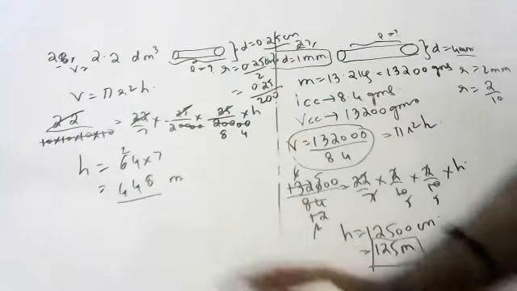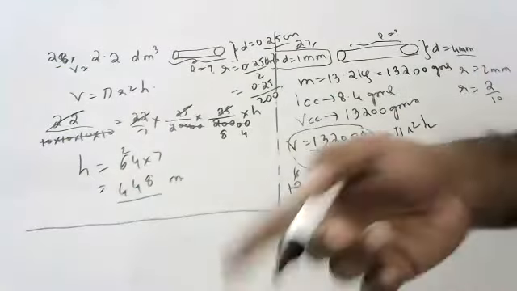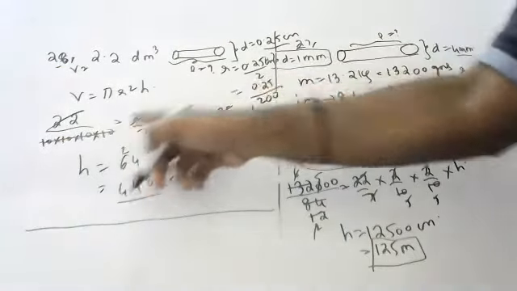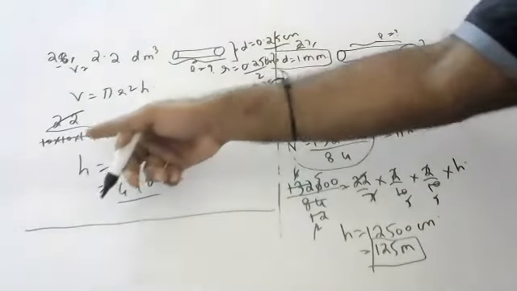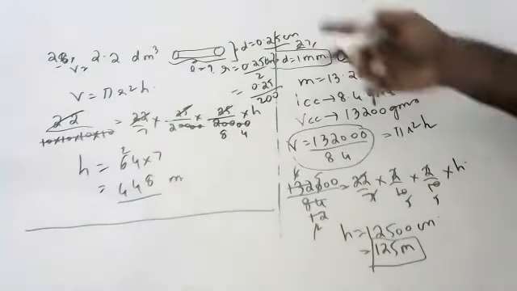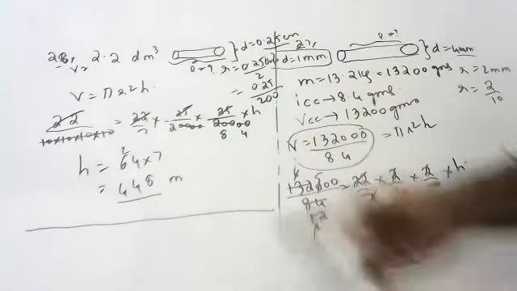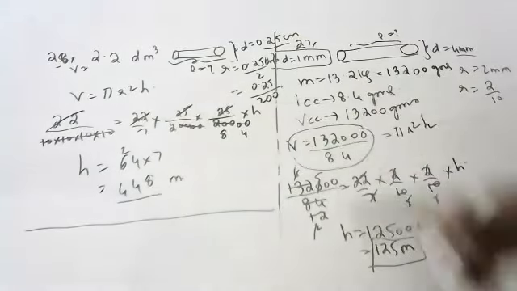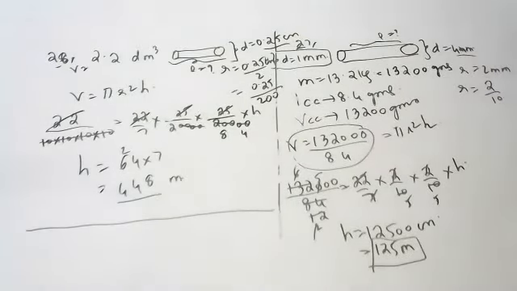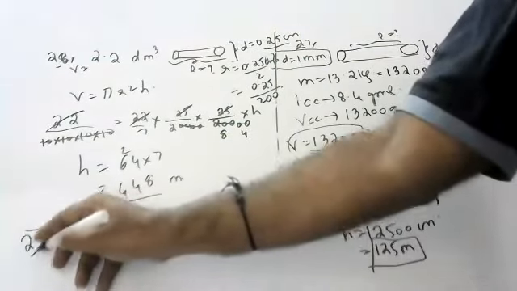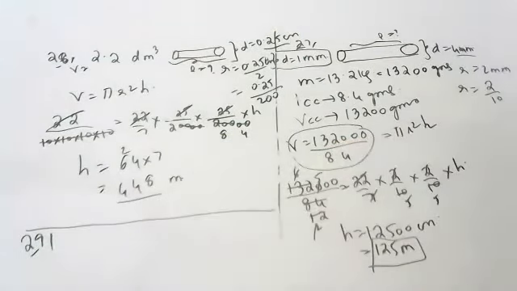So here, children, what is the primary thing which you should know? How to convert. Slowly you should convert, children. See, decimeter to meters by 10, centimeters to meters by 100. I removed the points, I cancelled. So all these things you should have sound knowledge of. Then only you will understand, children. If you don't know the conversions, you will face a lot of difficulty while doing the sums.